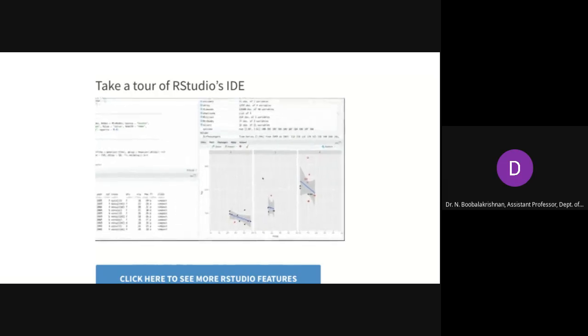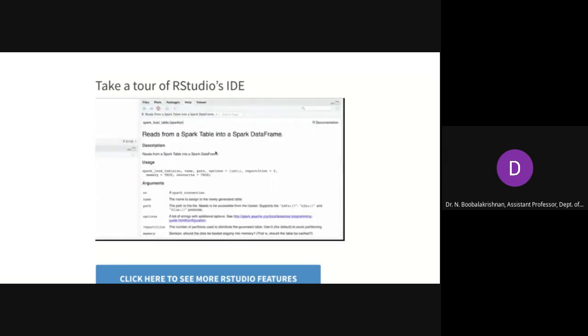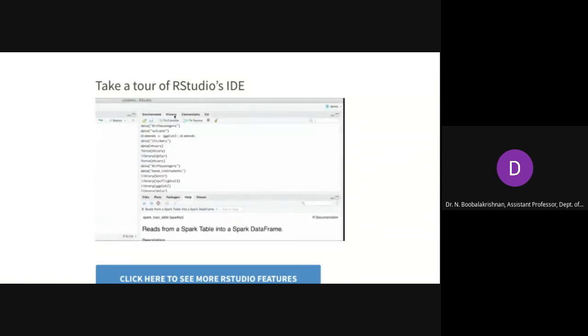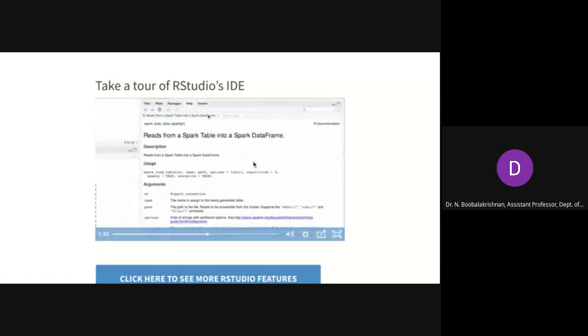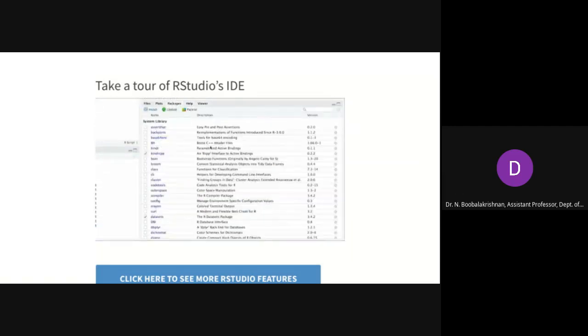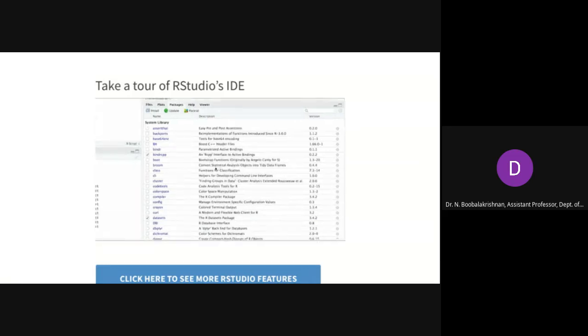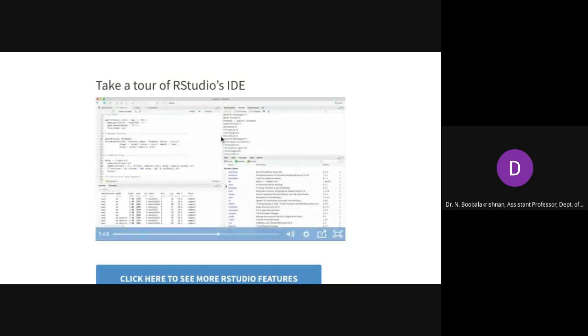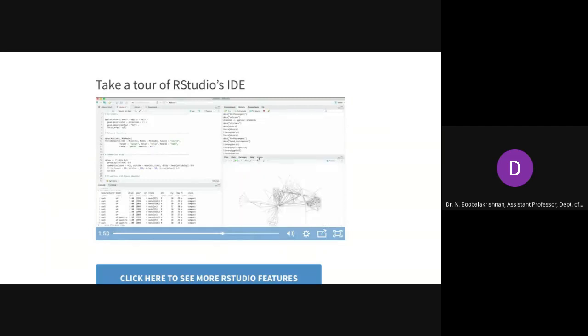And if you get stuck, there's help, preloaded with all of the R language documentation. Your previous commands are saved here under History and are easy to search and re-execute. You can upgrade, install, and manage your R package library right here. Packages you loaded will be checked, and you can load a package with a single click. The viewer can be used to view and develop interactive web content.